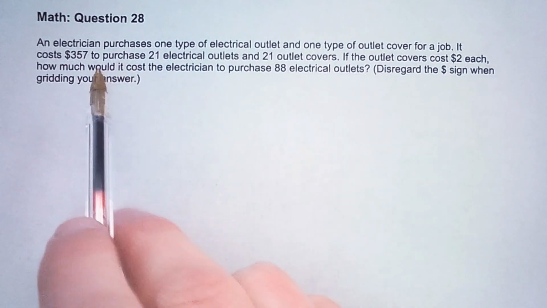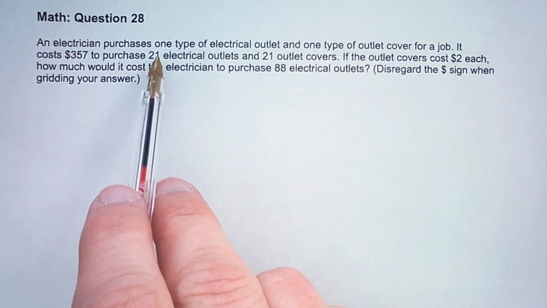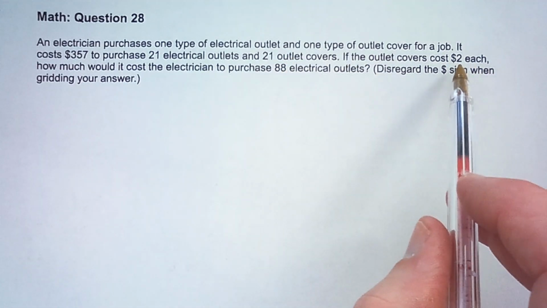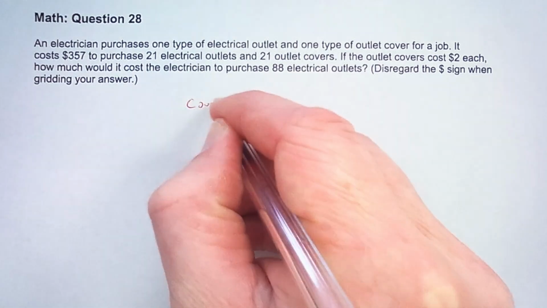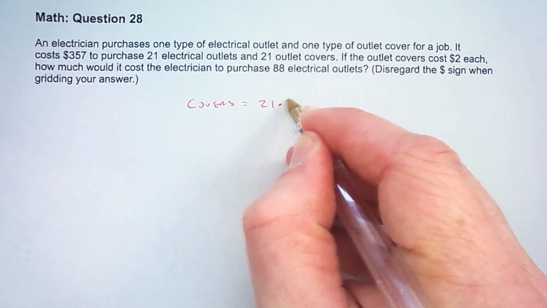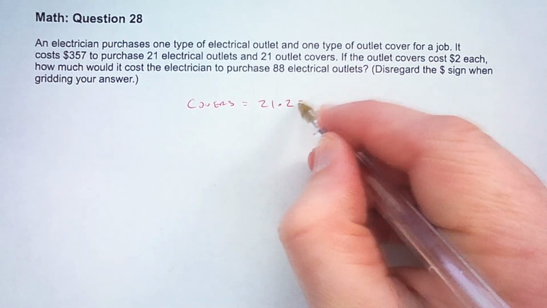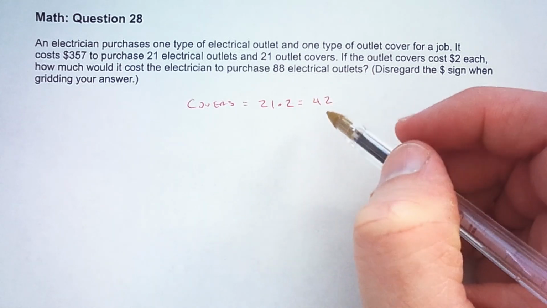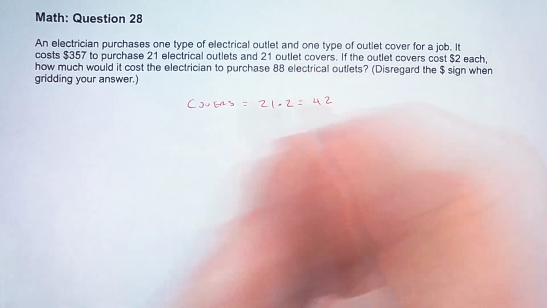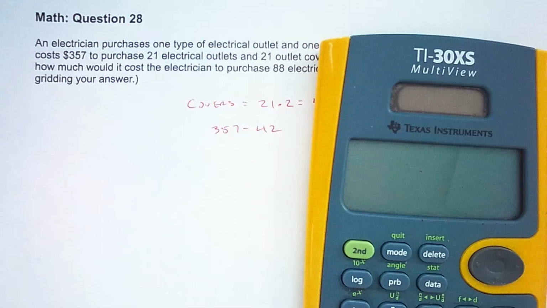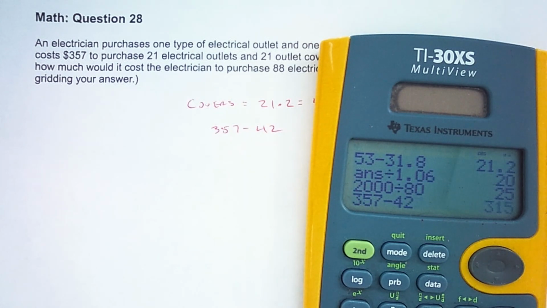So we have $357 spent on 21 electrical outlets and 21 outlet covers. And the outlet covers are $2 each. So for the covers, of that $357, 21 times $2 was for the covers. Okay, so 21 times 2, that's 42. So $42 were spent on the outlet covers. So if I take that out of the total purchase cost, 357 minus 42, that's $315